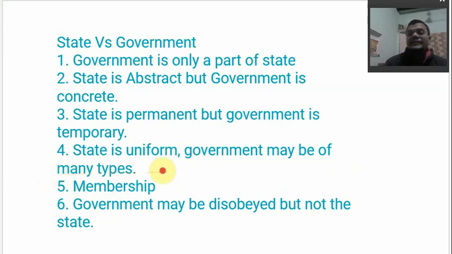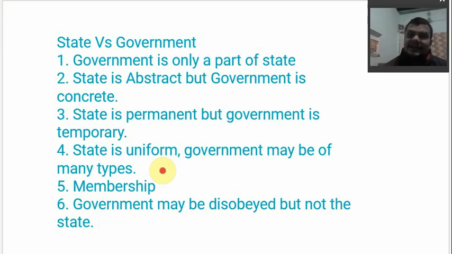How? In India, we have a parliamentary system. We have a prime minister. In the United States, we have a presidential system. We have a different type of government there. There is a president that is the executive. In China, there is a whole different kind of government. It's a communist regime where there is only a one party system.